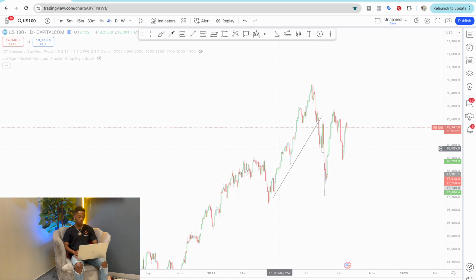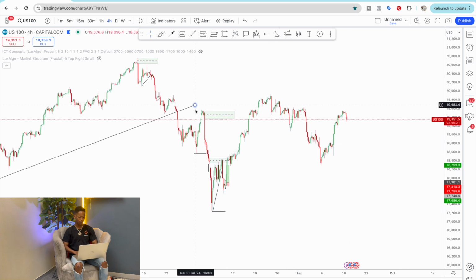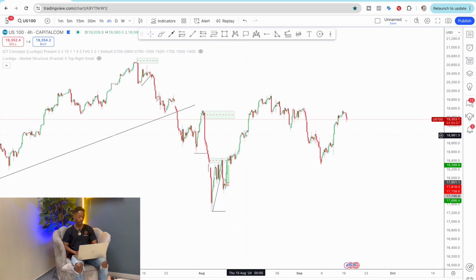So let me just come back down to the 4-hour. Here what you can see is obviously price is making lower low, lower high, lower low, lower high. Then here it started changing, meaning that it broke the lowest high, and then it created a high, went a bit low, and then boom, it broke that previous high, and now it just started going upward with highs and so on. And here you can see this was our previous lower high, it broke it here, and now it just went a bit more down to retest.